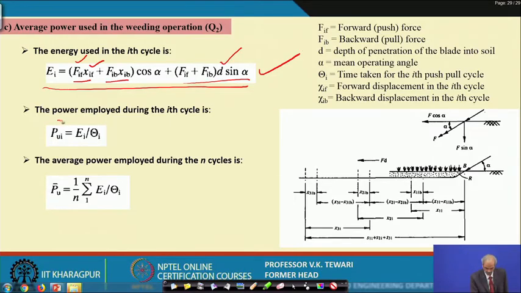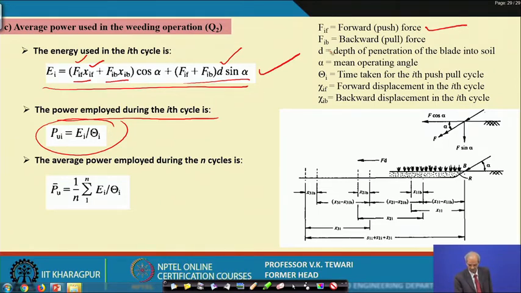So, the power for the ith cycle, PUI, is given by this, where if we go back to this here, we have talked of the push force, FIF, the backward force is this here, D is the depth of operation, and alpha is the mean angle of operation which we have shown here, and also in the previous diagram I had shown you. Then XIF is the forward displacement in the ith cycle, and XIB is the backward displacement in this cycle. So, using these we are in a position to get the average power employed during n cycles. So, if there are n cycles, this is the average power here,